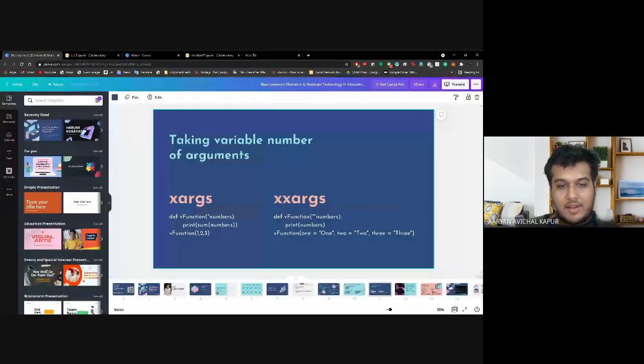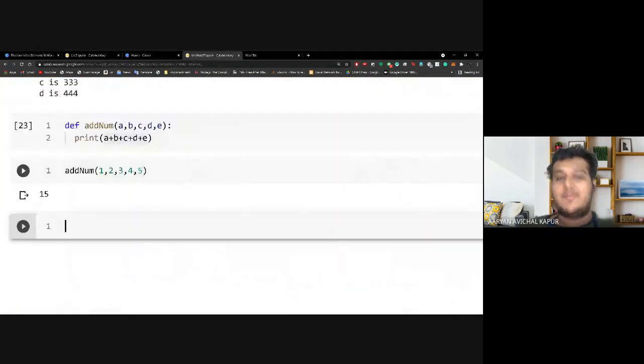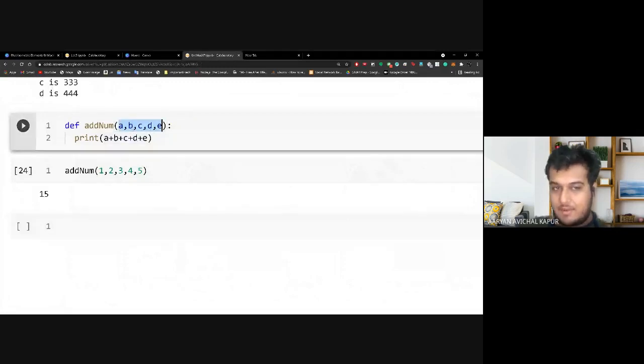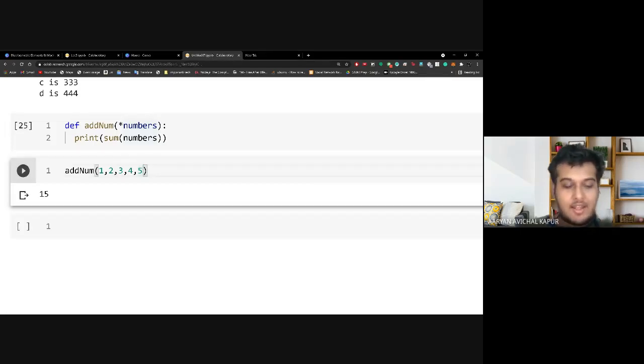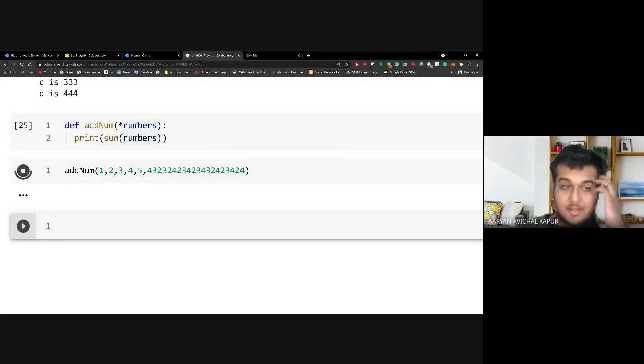Right now, when I look at this, it gives me xargs, which allows me to have n number of numbers. So I have not defined that I have 5 numbers, but what if I want to leave it to the user to give me as many numbers as they want? So I simply write asterisk numbers, or anything for that matter. I can write asterisk n here, but let's say I make it a complete word and I say numbers, and here I write sum numbers. Let me show it to you. So it is 15. Now, if I had more numbers, it will simply use them as well.